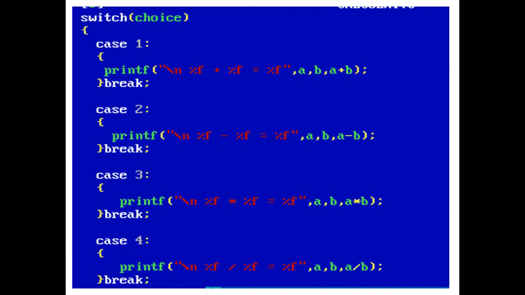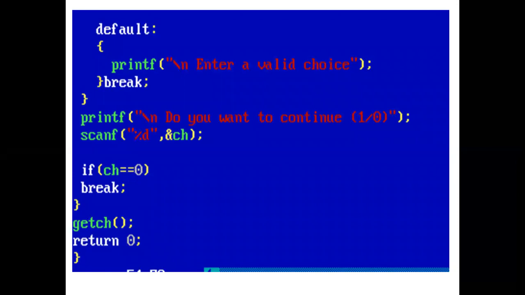Similarly, if the user wants to do division, then the value of choice is 4 and 4 matches with case 4. The printf statement prints 5 divided by 2 equals 2.5, and with the help of break, control comes out of the switch block. Now, if the user presses any other value of choice, then control comes to default and the printf statement prints